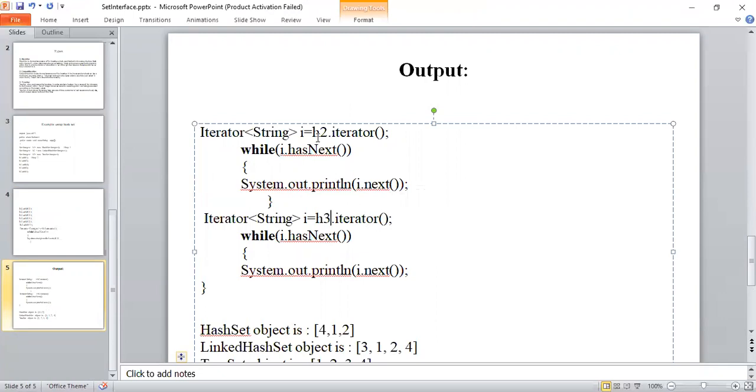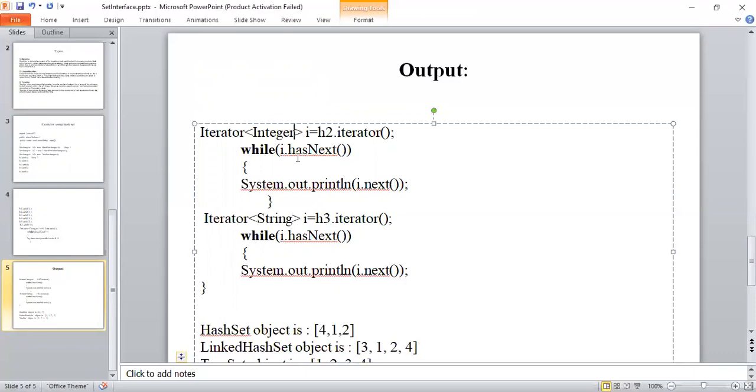So like that, the content of H2 is copied to i, and here also I gave data that is not of string type, it is of integer data. Okay, so this H2 content is copied to i, and checking i.hasNext(), the condition is true, displaying the first element, using this next method, moving to the next element, then going back as the condition is true, coming down, displaying the second element, and using this next method, getting the next element.